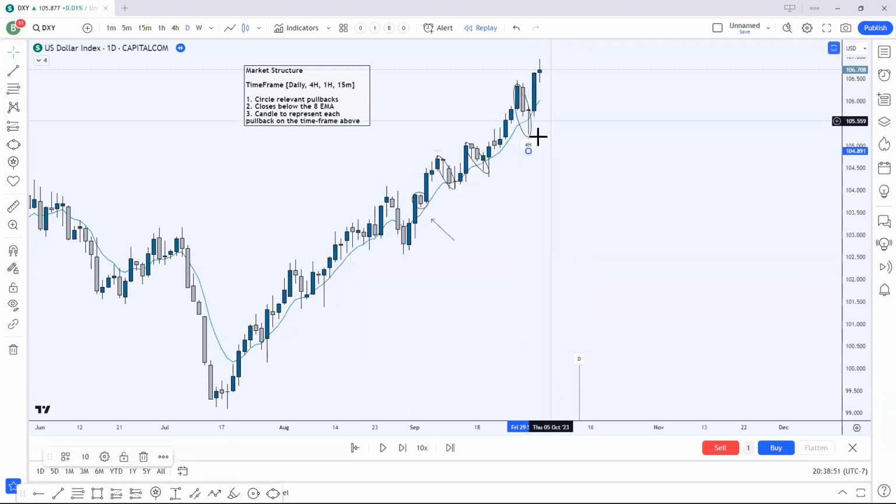Right? So that's a valid 4 hour. I'm just going to copy and paste some of these here, whatever the low is, right? These are all valid 4 hour pullbacks. We didn't back test any further than this, but